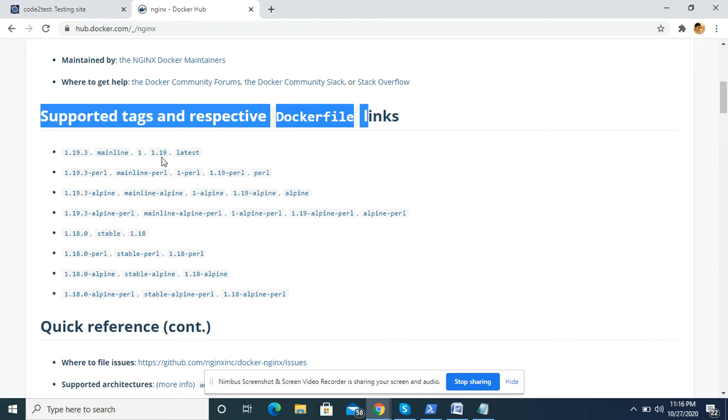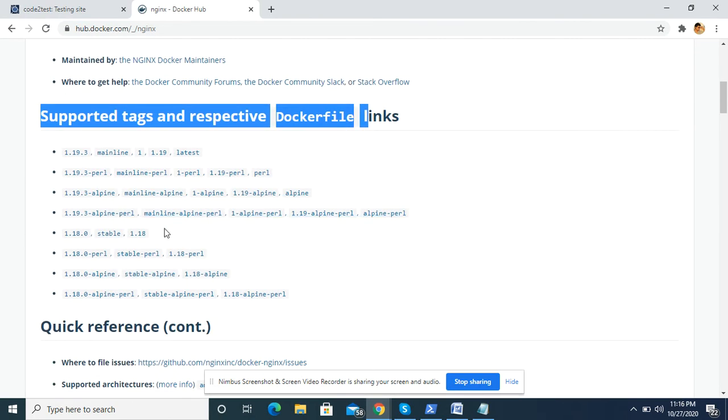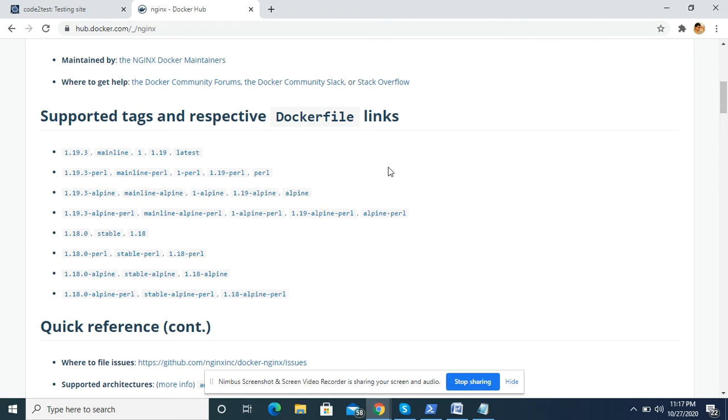Okay, so basically we don't have versions in every image, but in official images we do have, as versions are a common feature of official images. So over here we see the Alpine image. Okay, so this is also 1.18 point something hyphen perl. So there are different versions available over here. These Nginx guys, they update them every time they push their updated code, okay, with more customized features. So this is how it works.